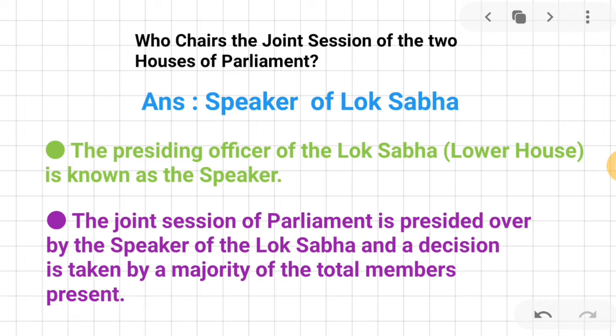And please kindly note down the first joint session of Parliament was held in May 1961 over disagreement between Lok Sabha and Rajya Sabha over an amendment act of Dowry Prohibition Act. Remember, M.A. Iyengar was the Speaker of India then, and M.A. Iyengar is also the first Deputy Speaker of India, and he was the Governor of Bihar also.